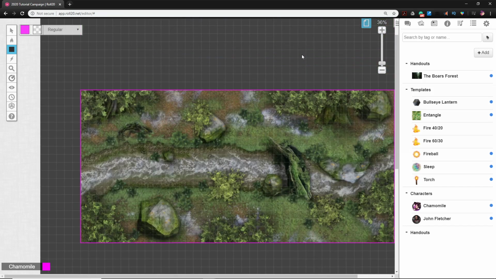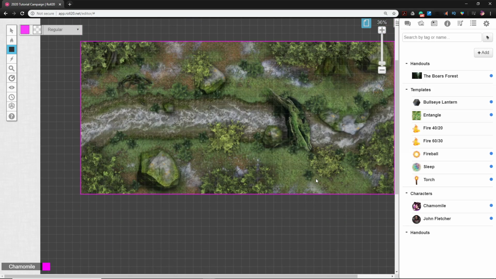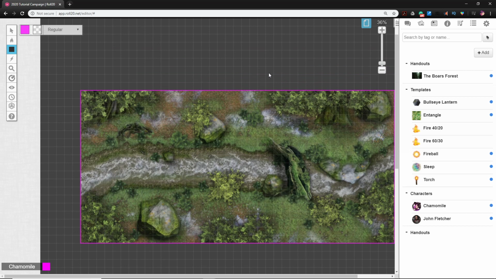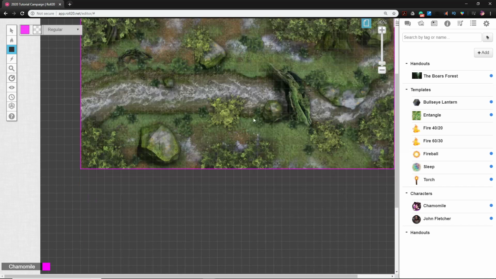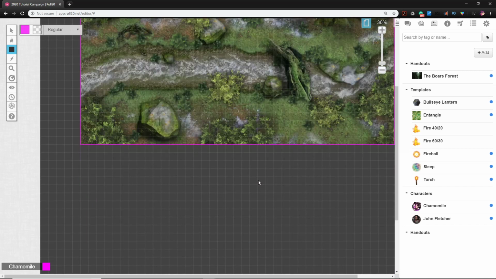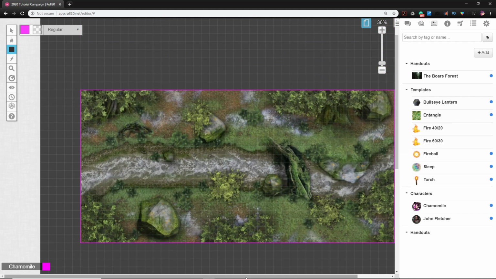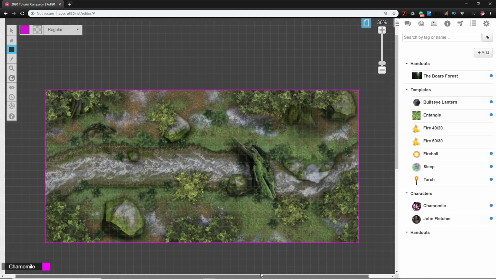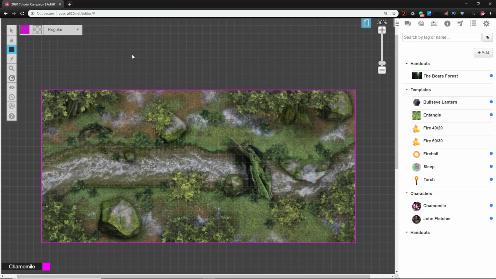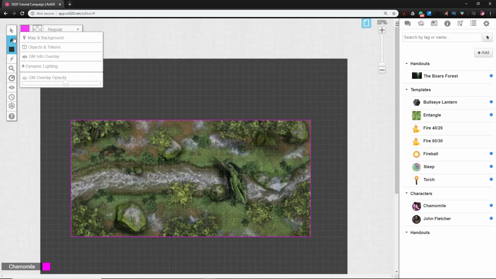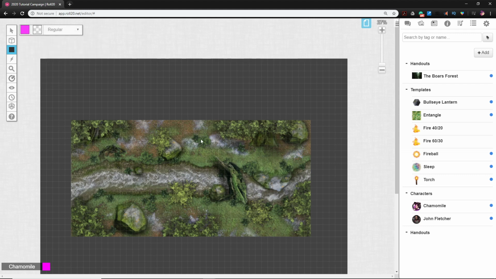So you could hide monsters that are waiting to attack, clues, you could hide Shift-Z images without having to put them on the GM's layer. It gives you a lot of cool options and a lot of room to work so that you don't feel so crowded on the map. It's been a best practice that I've learned over the years to give yourself some extra padding on a map when possible. Alright, cool. So now that we have that dynamic lighting enabled, we can switch back to object layer